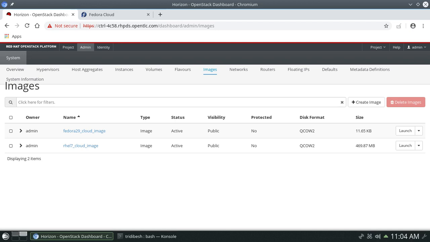So here one thing I need to tell you, that suppose you don't want to use these publicly available images, but you want to have your own customized image to upload in your OpenStack platform. So that is also possible. What you can do in that case, you create a VM in your machine or in your environment. Suppose you have VMware or you have Hyper-V. So you create a VM, you prepare whatever you want to have, like how much size or what all packages you want to have installed.